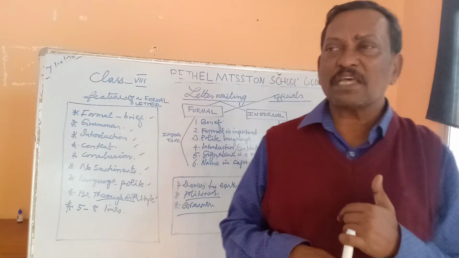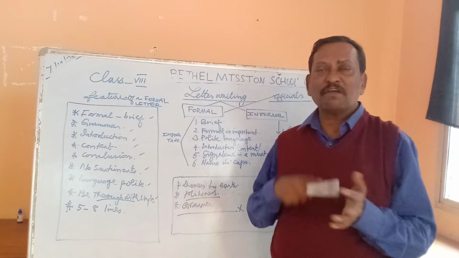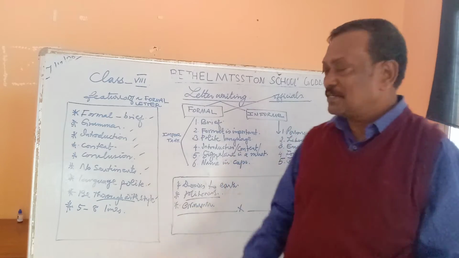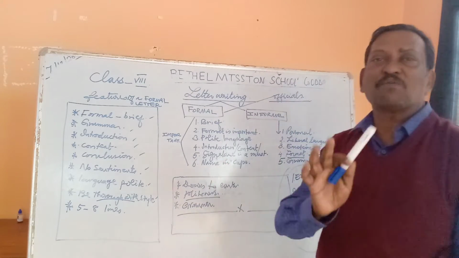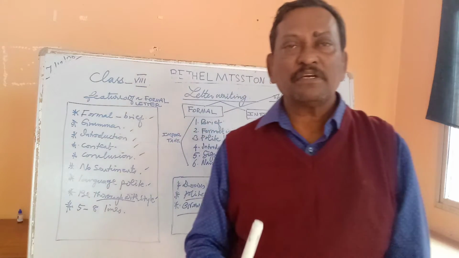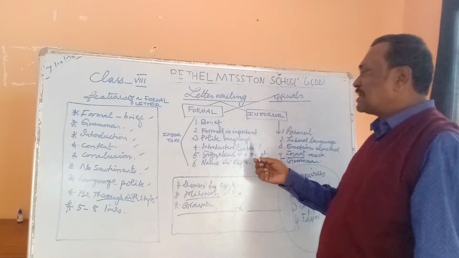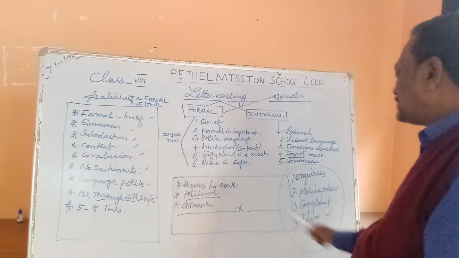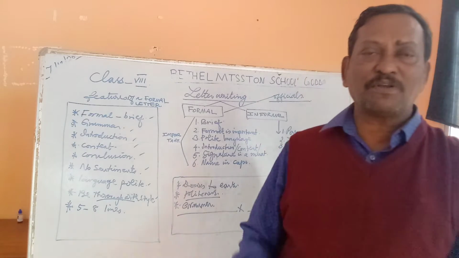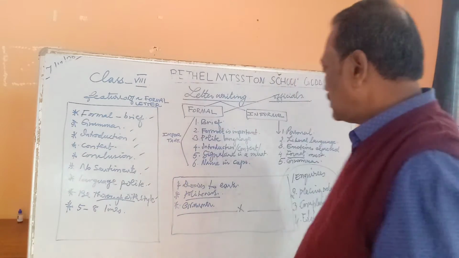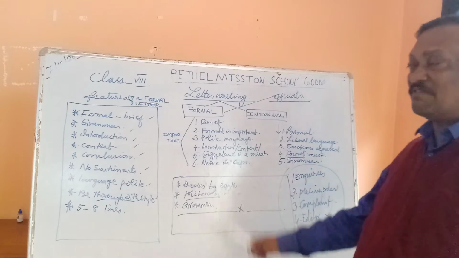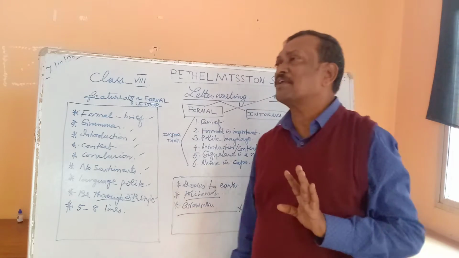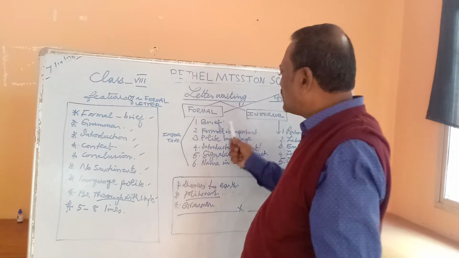Because we are not writing an essay, we are not writing a story, we are not writing a paragraph. It's none of this. So what is it? It is a letter stating a requirement. It is a letter seeking permission. It is a letter placing an order. It is a letter which lodges a complaint. It is a letter discussing a matter or an issue with the editor of a newspaper. These are the varieties of formal letters. So, the first and foremost thing that you need to understand about a formal letter is it is very, very